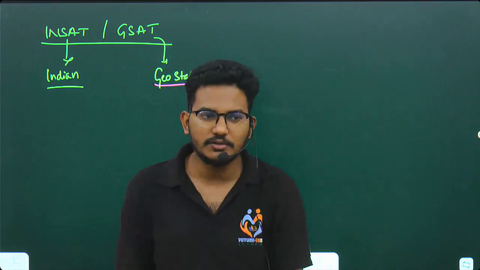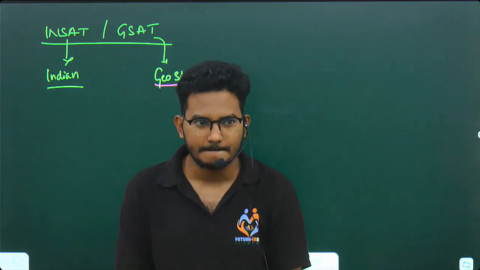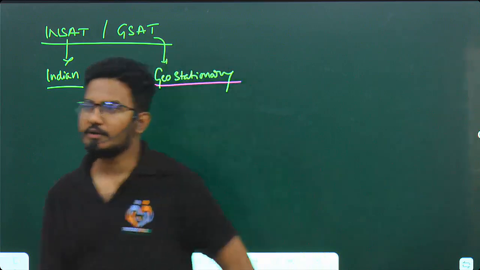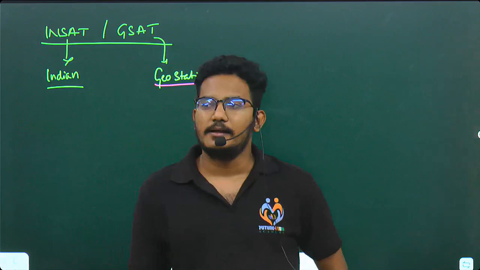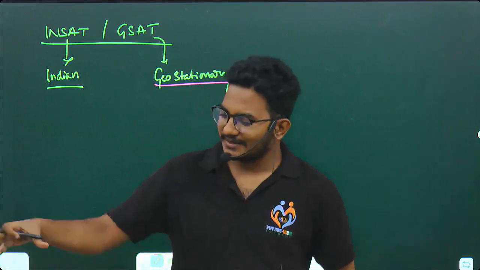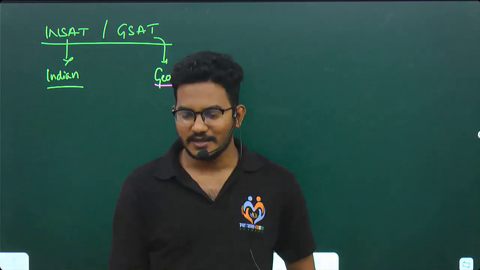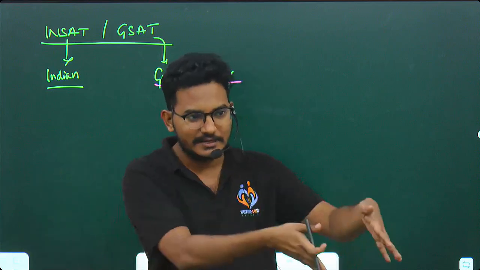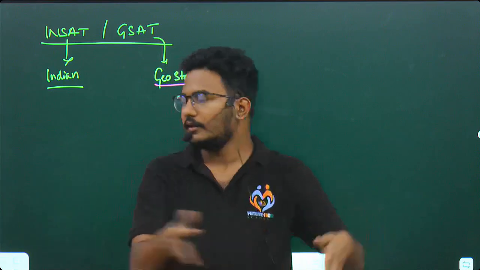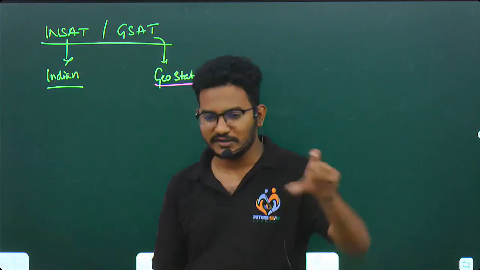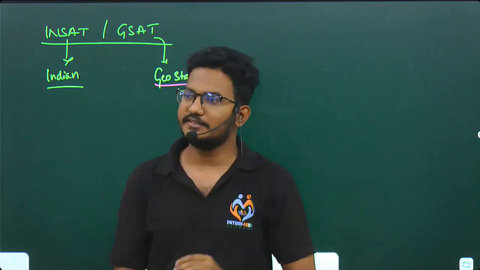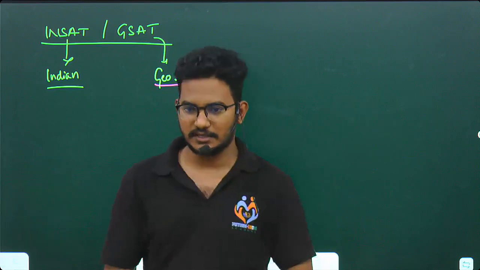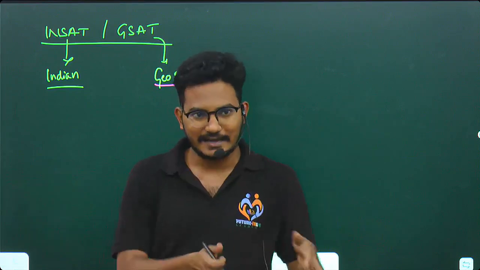Okay. There what used to happen is, every country's satellites will reach there. Okay. So to differentiate between the country's satellites, what they used to do is, this is Indian satellite, so INSAT. This is USA satellite, so USSat. This is Australia satellite, so ASAT. So they used to give the names like this, and they used to launch the satellites with the help of